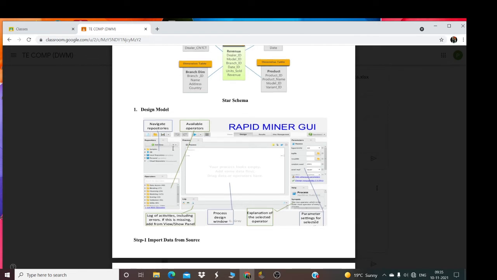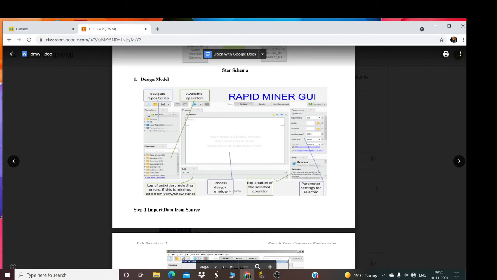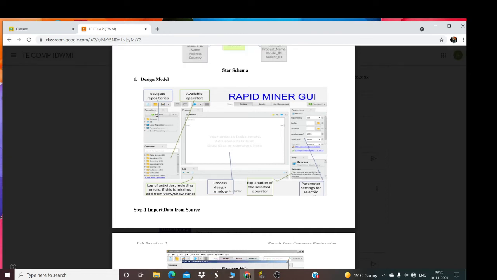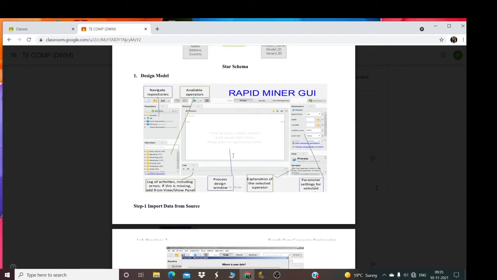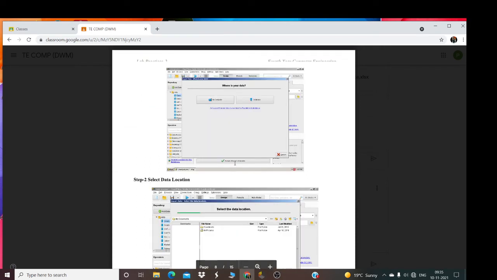To import the data from a source, we have to click here. There is an add data option. In other options we have plus import data. You can click on that. After clicking, it will ask where your data is. If your data is in my computer, then go to my computer.